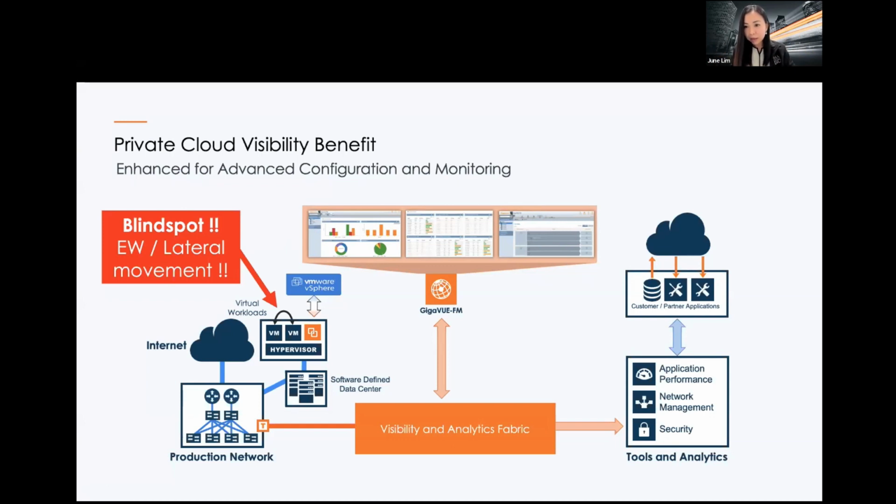Your threat actor is sitting behind the hypervisor most of the time, residing in one of the VMs maybe, stealing traffic from the neighboring VM. You can have the best security solution, your network threat detection and response solution, but if it only sees traffic coming out of the hypervisor, you miss out a lot.